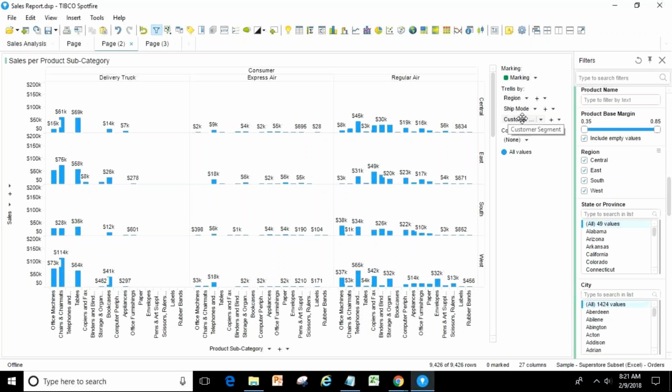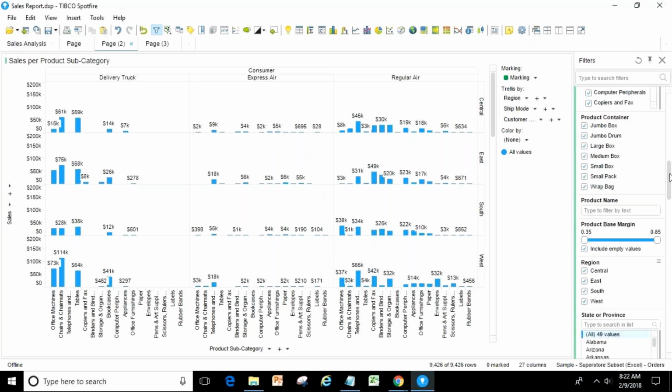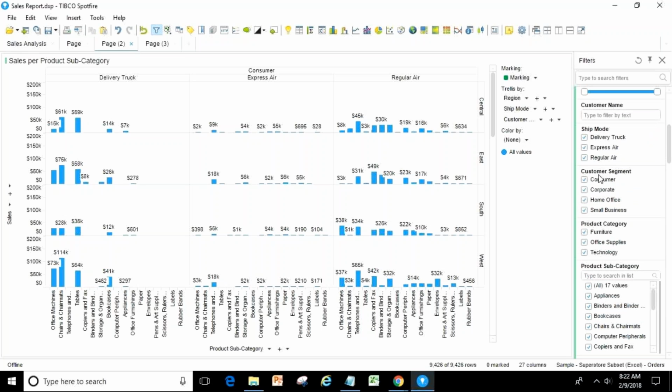What you are seeing in this view in front of you is only for those consumers who were in the consumer segment. Actually, I have four customer segments: consumer, corporate, home office, and small business.